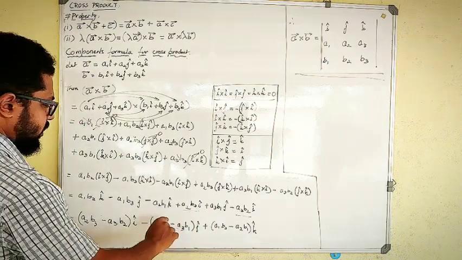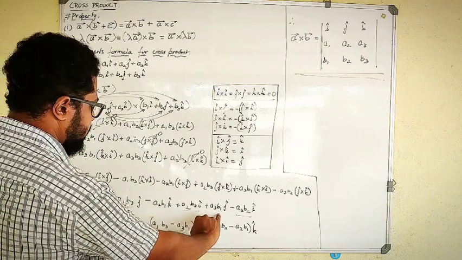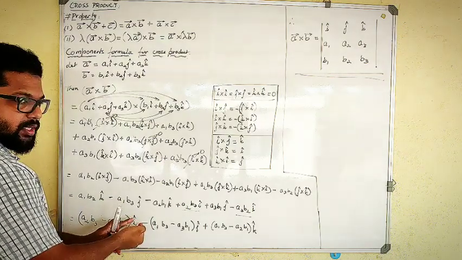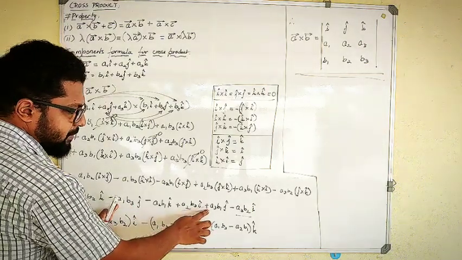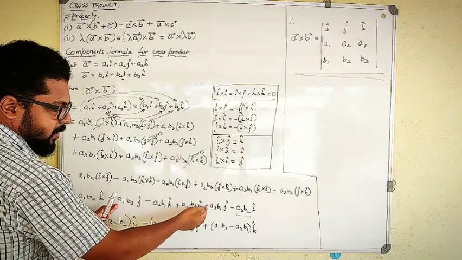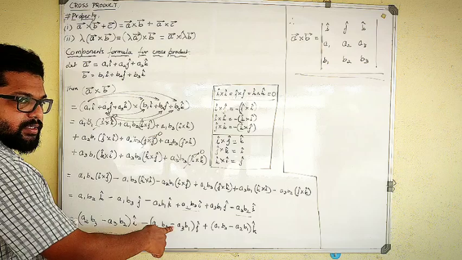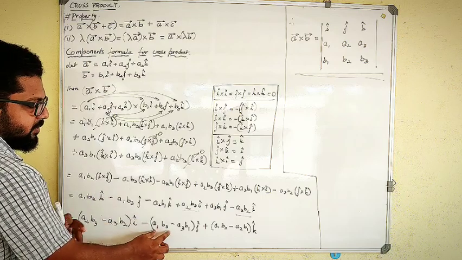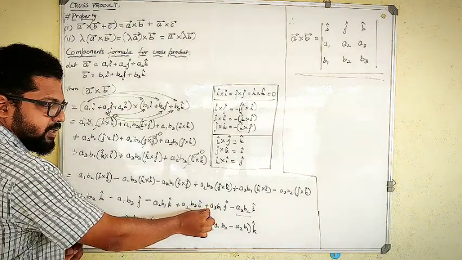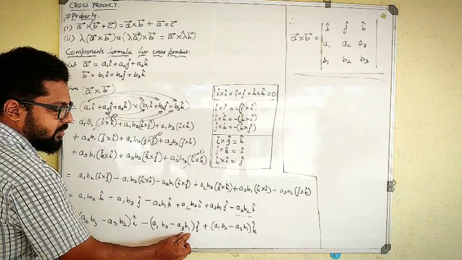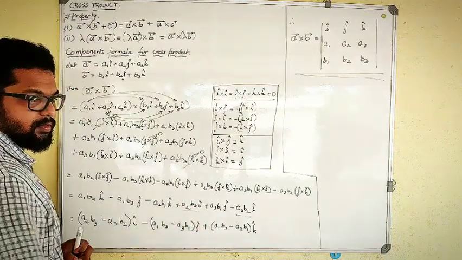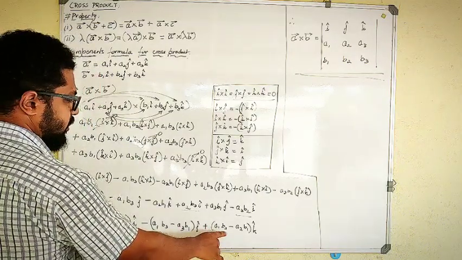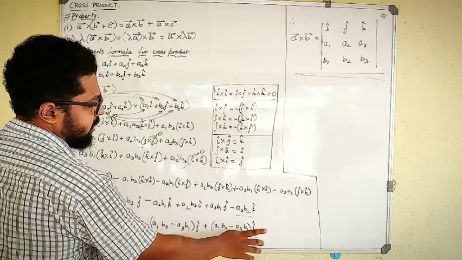Then for J, one J is here, one more is here. For this one you can see it is minus, correct? So I'll take the minus symbol outside. A1 B3, this is plus, which means minus of minus is plus. The minus I've taken outside, so it becomes minus A3 B1. When I have taken the minus common outside, minus will remain here, A3 B1, then J is common for both. Then the last one, K is covered: A1 B2 minus A2 B1, K.